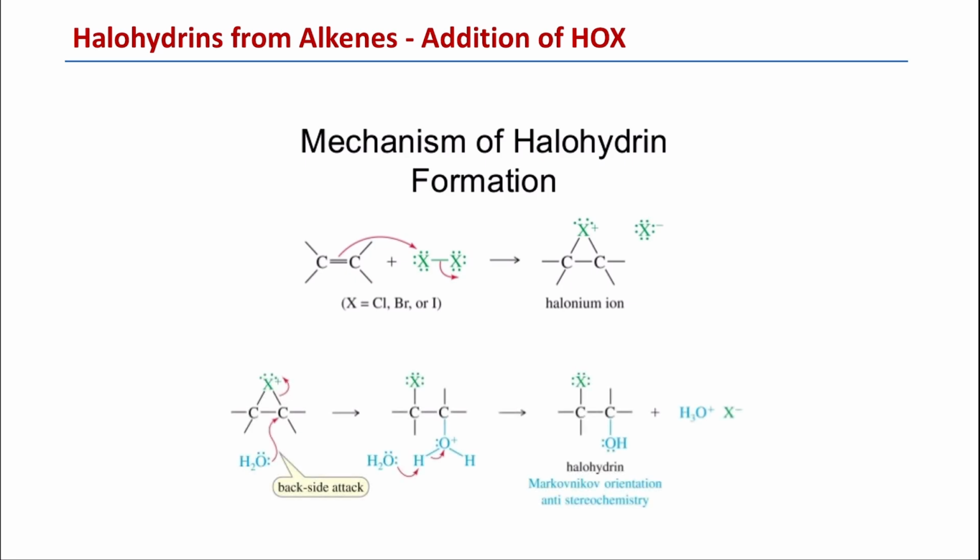And then the second step is, instead of the halide attacking the carbon, we have the water, which is the polar solvent here, that is going to attack the carbon. In this case, OH will be added. The attack again is going to be anti or backside attack, the same way as we have seen with the halogens. And then the final product is going to be called a halohydrin, where we added an OH and then the halide on the other carbon rather than adding two halides. So the solvent plays a major role here in the product that is